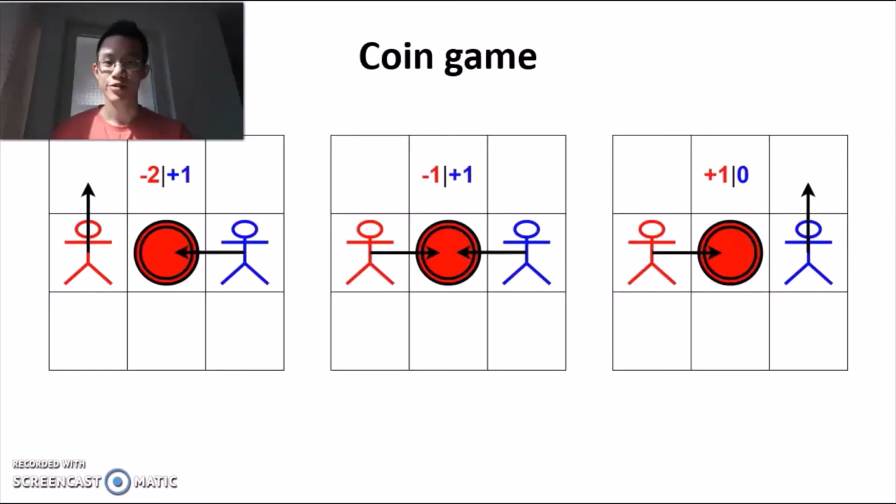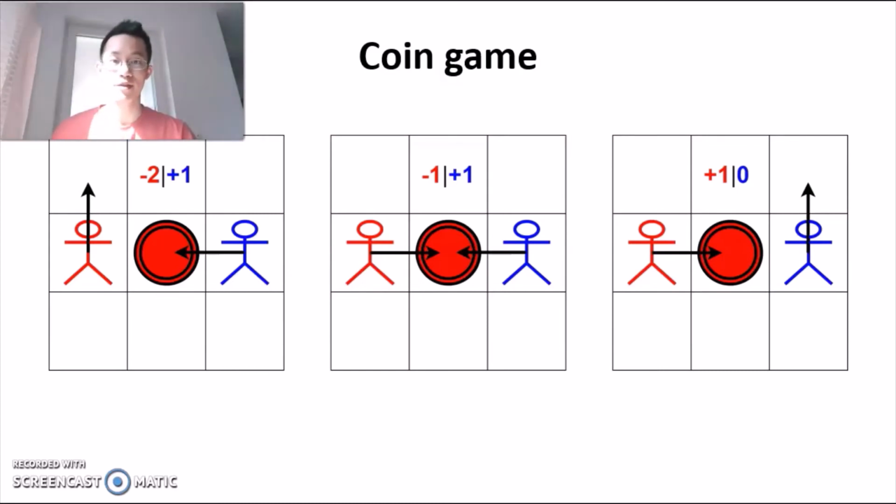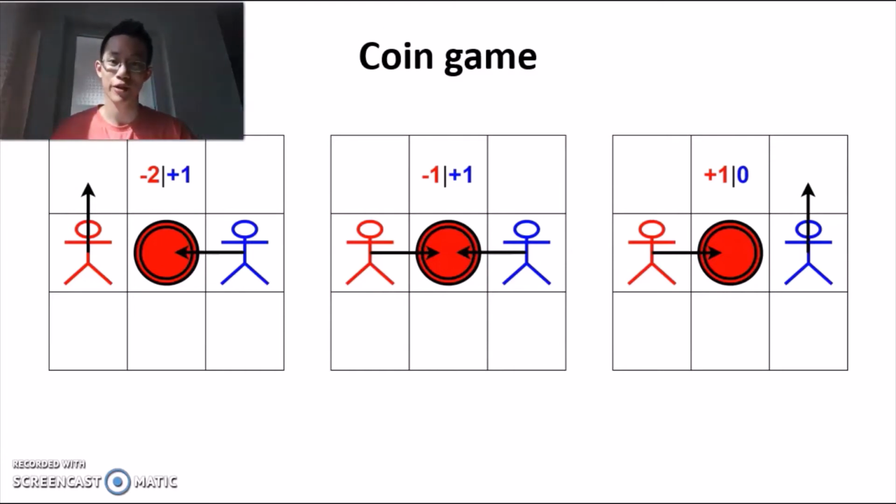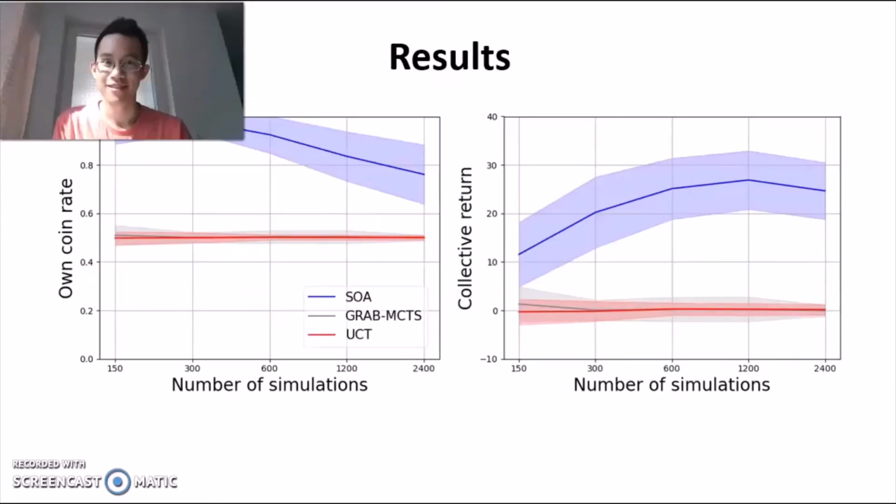One of these evaluation domains is coin game, where there are two colors, red or blue, and one agent for each color. There are also coins, which can have either color, and if an agent picks up any coin by moving to its position, it receives a reward of +1. However, if a blue agent picks up a red coin, then the red agent will be penalized with -2, and also the other way around.